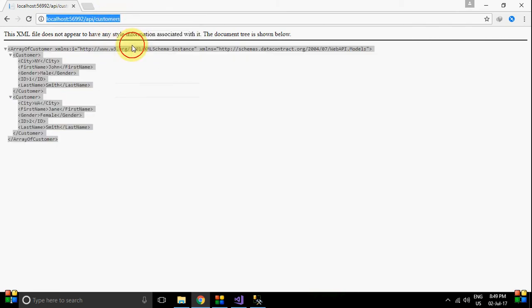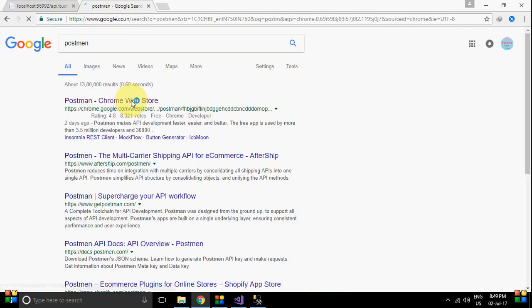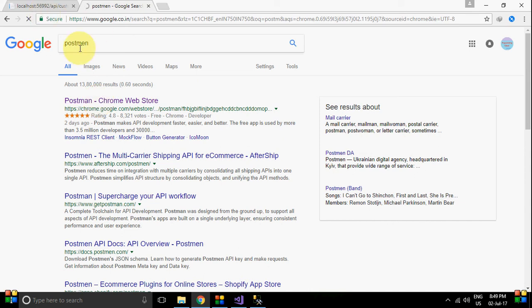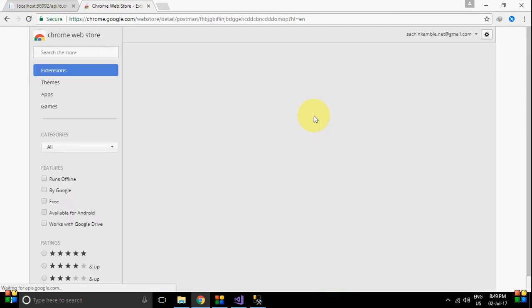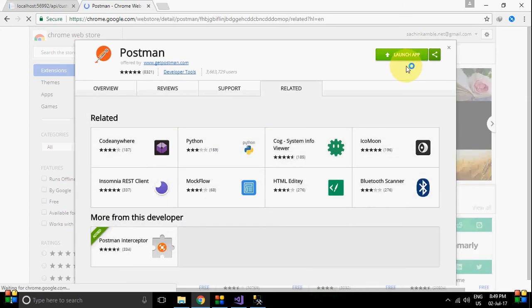Then we can use an application called Postman. So go and search Postman in Google and install this application for Google Chrome. So this is the Postman application.